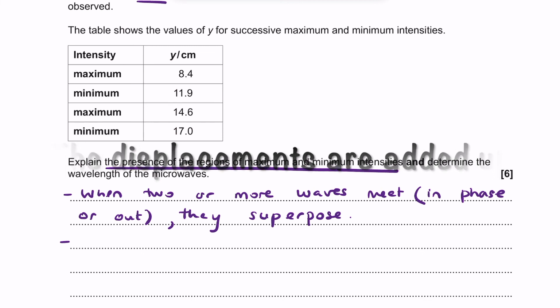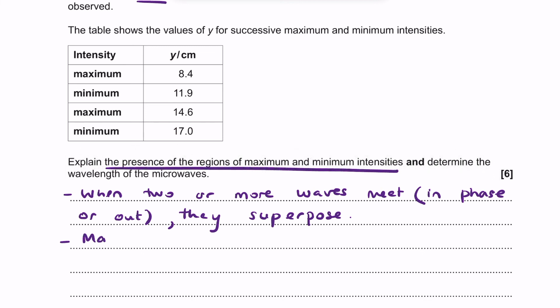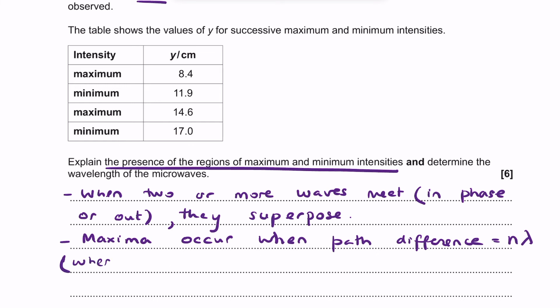Maximum intensities will occur when the path difference is equal to n lambda, where n is simply integer values, from 0, 1, 2, and so on. And let's say that when y equals 8.4 centimeters,